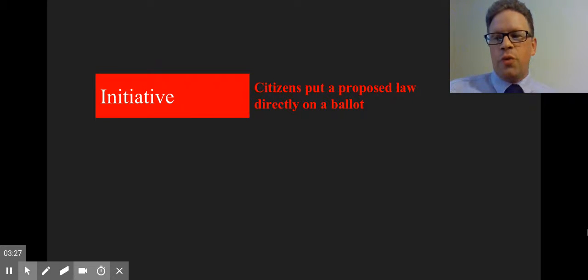Wording can be an issue. It has to meet certain statutory requirements. You have to have an accompanying petition with a certain number of signatures from registered voters to be able to be put on a ballot, but this is a process.